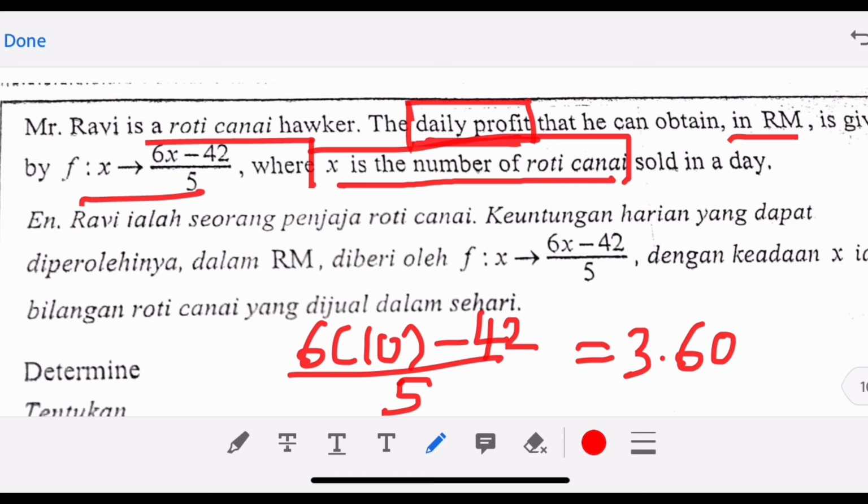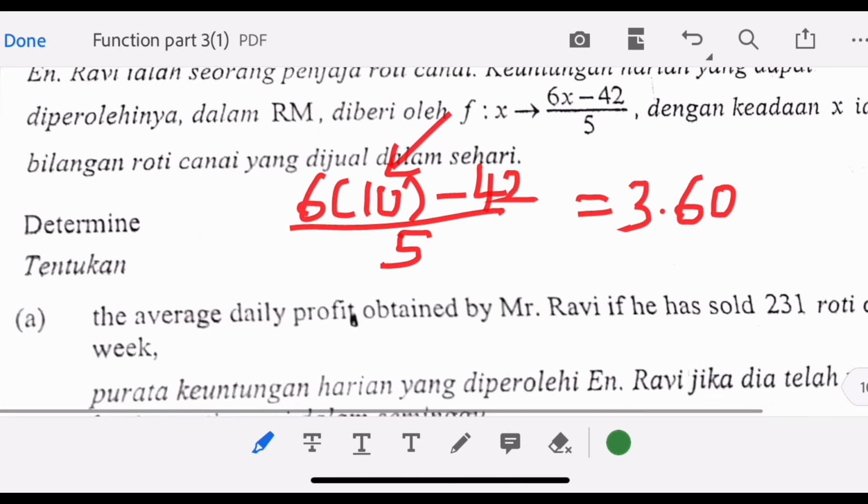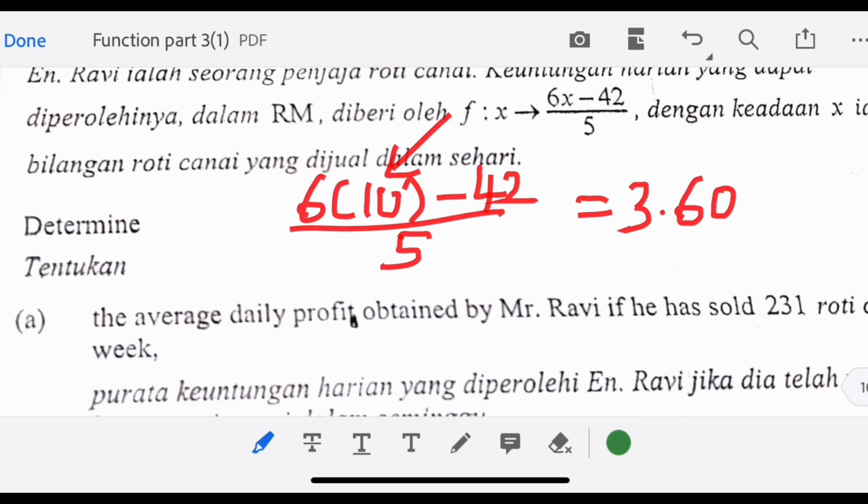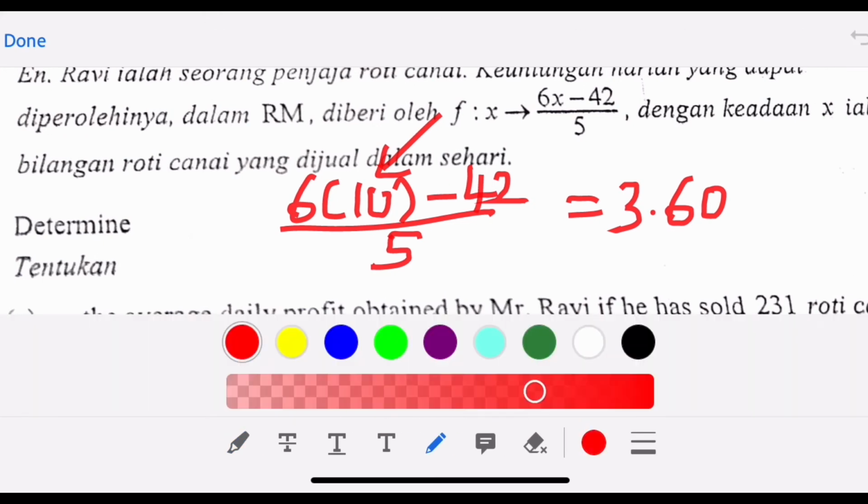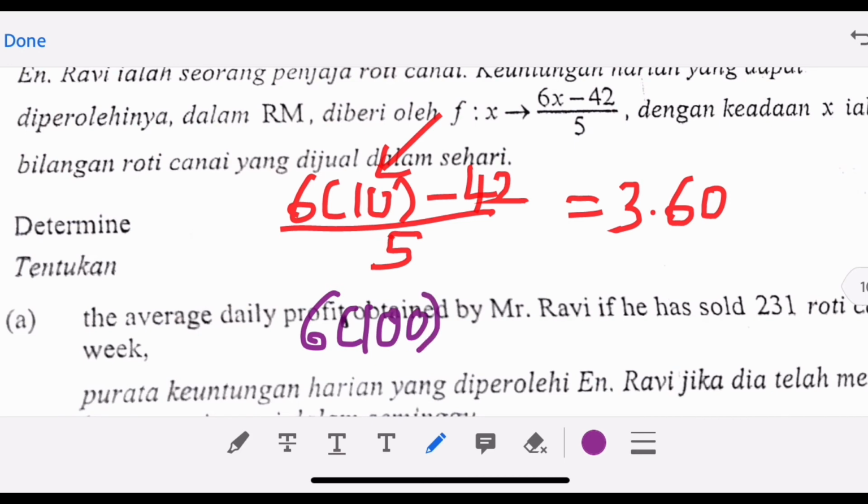I have to increase the quantity. Maybe one day I have to make 100, let's say. If I sell 100 roti canai, wow, you just imagine, 100 roti canai, you will be very exhausted, very tired to make all the roti canai. So let's say you change to 100, you are a hawker, you want to calculate,